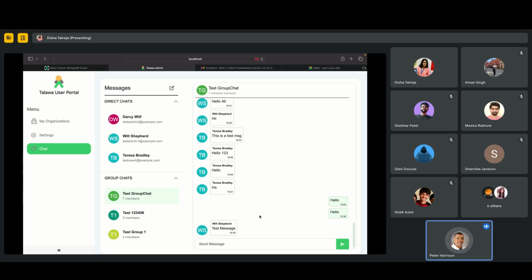And another thing that I'm looking at, so you have the timestamp, which is also good. How do you handle forwarding messages or replying directly to people or replying to an individual message? Is that a part of your plan?